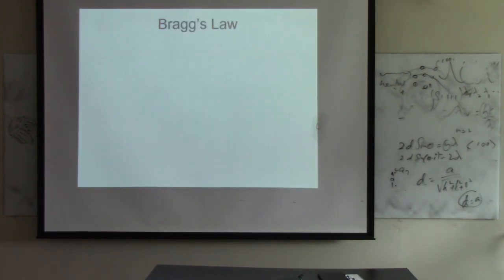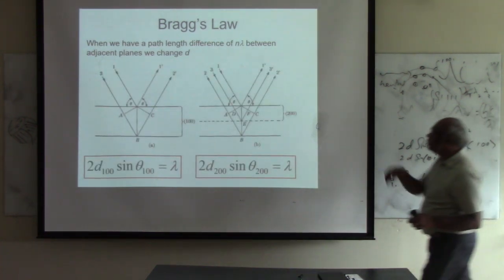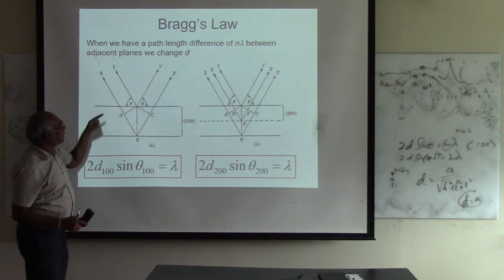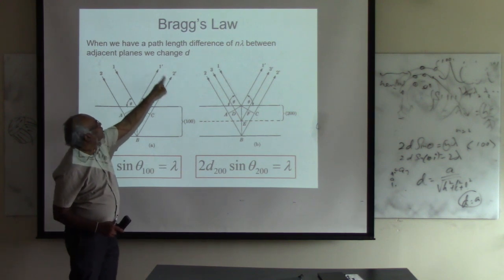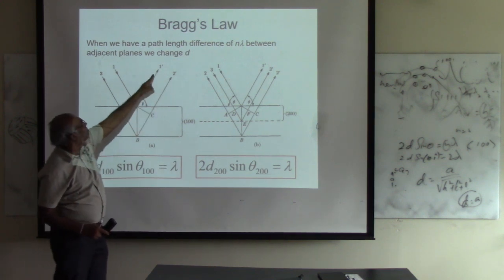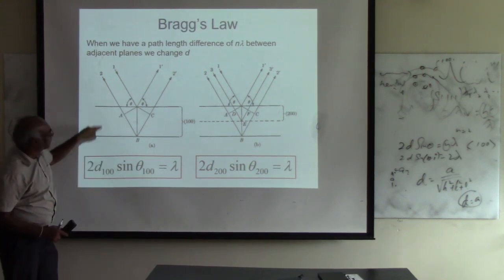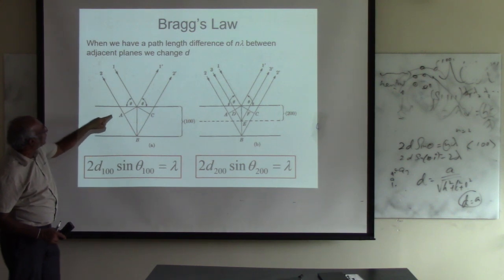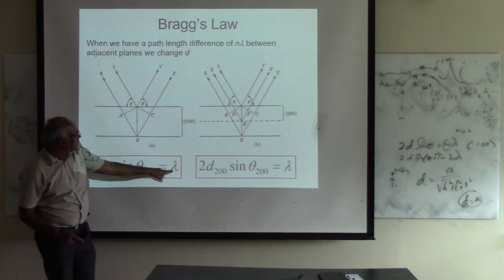So then also you have to be careful what you are really measuring. Suppose you have this diffraction due to these two rays, 1 prime and 2 prime. In that case, this is your distance, right? Suppose this is what we call 1, 0, 0. Then you can write your equation as 2d 1, 0, 0 sine theta equals lambda,